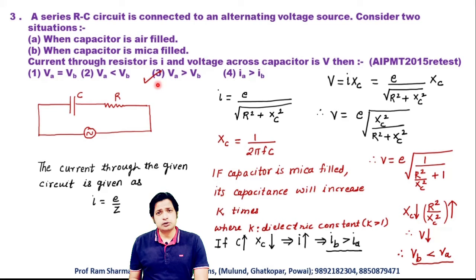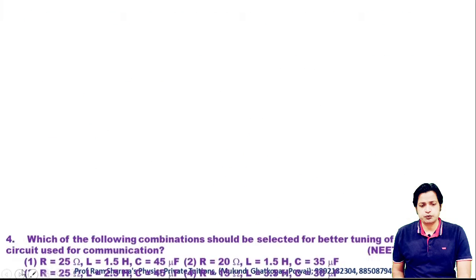So this is how you solve this problem. I won't say that this question was very easy, because students make mistakes here. They will say V is directly proportional to I, and when I has increased, then voltage will increase, which is not true. You have to understand this. I also contains an Xc, so there will be Xc in the numerator as well as the denominator, so you can't say the answer like this. Okay, so let us move to the next question, the fourth one.